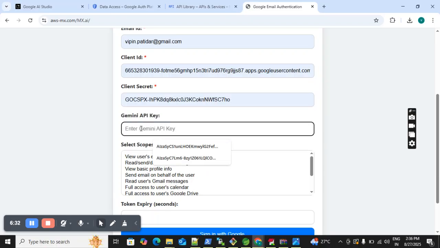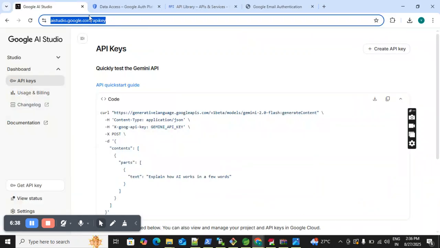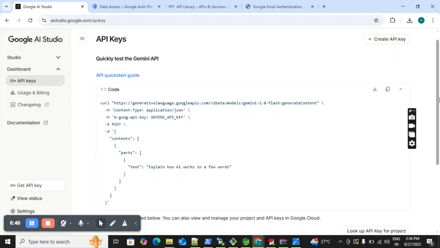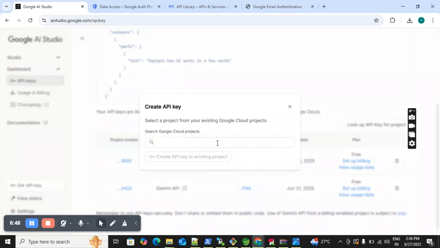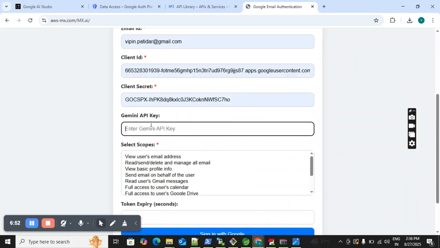and then you have to provide the Gemini API key. So you can hit the Gemini API Studio API key link, and then you can create your API key. If it is already there, then you can use the same API key. So I had created it, and then I'm going to use the same,